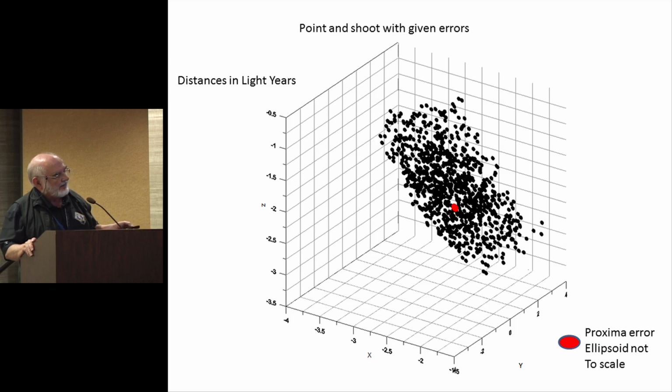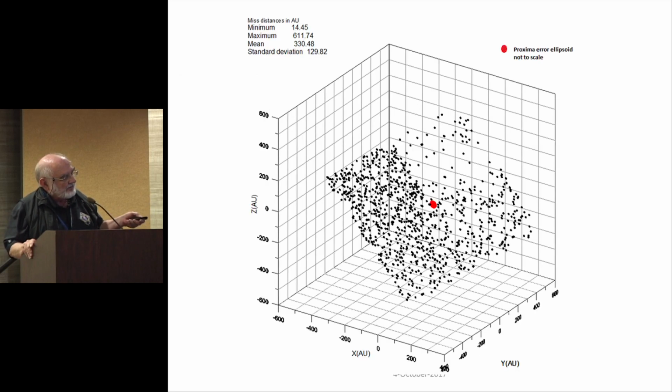and so that's schematically what it looks like. It doesn't tell you a lot, except that they're spread. This is the differences in the location of the Centauri system after 20 years versus where the spacecraft is. Not to scale is the Centauri error ellipsoid. And you've got this, because you're only taking kind of a square dispersion in the launch angles, you get a thing that looks like that. Now, it's not too bad. You can see if the deviation is only a 100th of a degree,